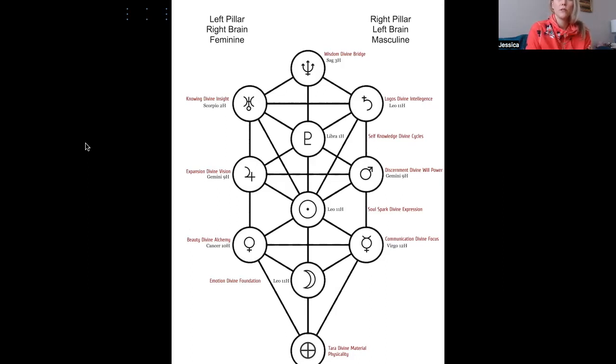So my Neptune is in Sagittarius in the 3rd house. And so you want to place your planet, your constellation, in the house there. And then you run through all of these planets. So as the energy comes down, it shoots right away to the right side, which is Logos, divine intelligence.